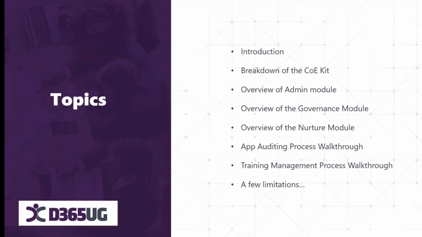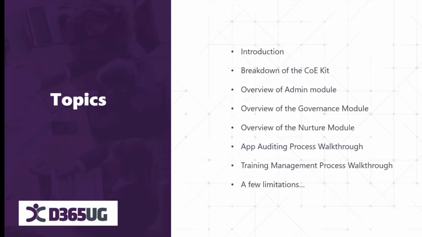And then we'll take a look at the breakdown of the COE kit. So once you download the COE kit, what you'll see is there's lots of solutions and folders and files. So trying to get your head around it can be challenging at the outset as to what does it all mean. So what I've tried to do is break that down into logical components to explain that. Then we look at the overview of the admin module, which is one of the first modules and the core module really. Then we look at the overview of the governance module, and then we'll move on to the